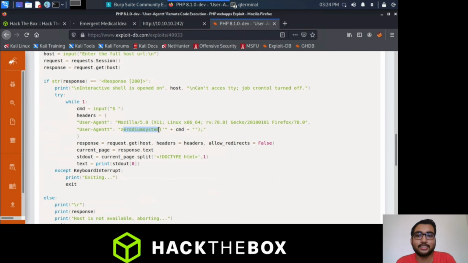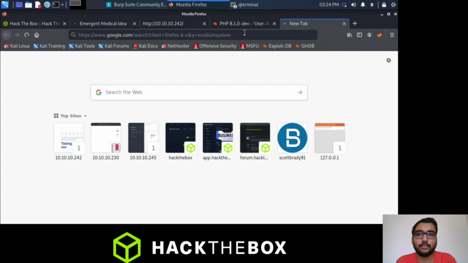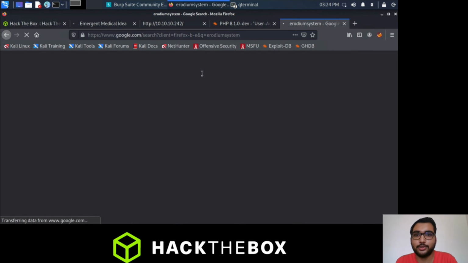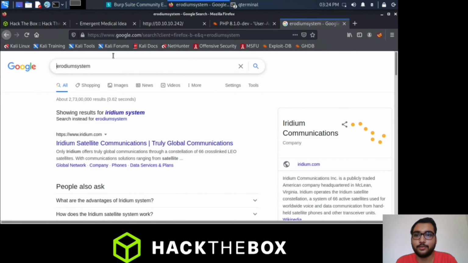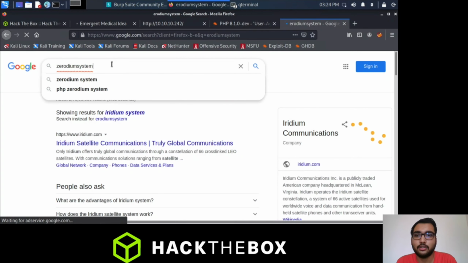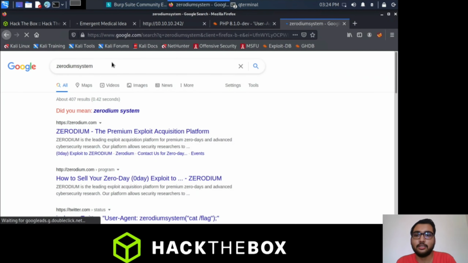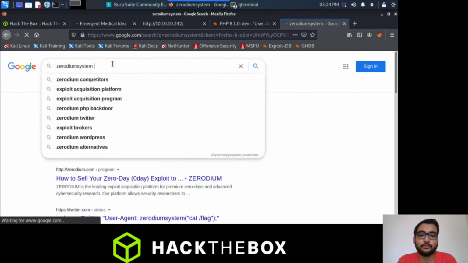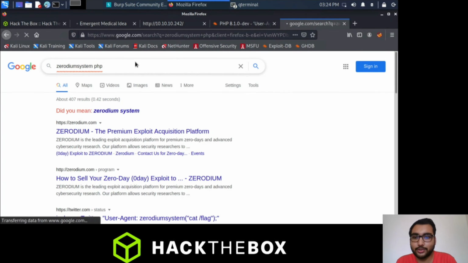We need to look at what that zerodium system is. I don't know about it. Yes, PHP zerodium system. So it's actually an exploit. How can we see that?